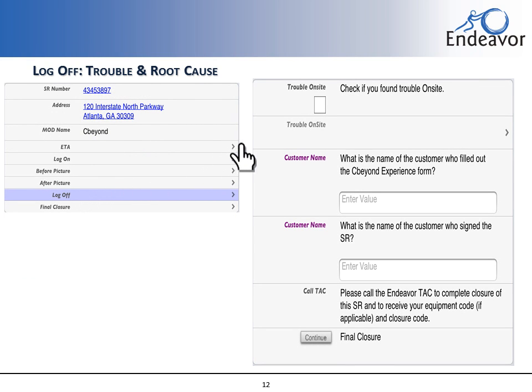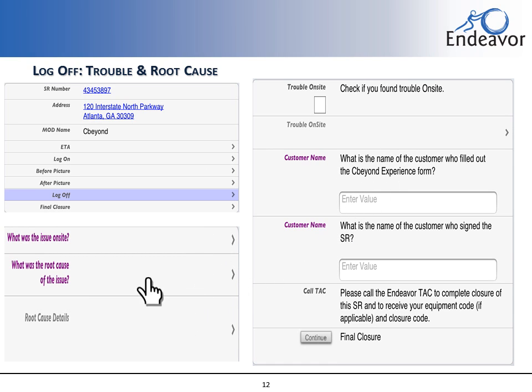So proceeding to log off, the first couple steps are to indicate first if you actually found trouble on site. If you did, you want to indicate what the trouble was and what the root cause of the issue was. From there, it asks questions that are dependent on how you answer the previous ones, and it'll also lead you to